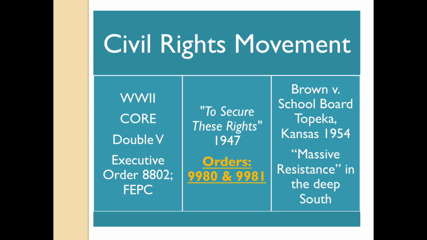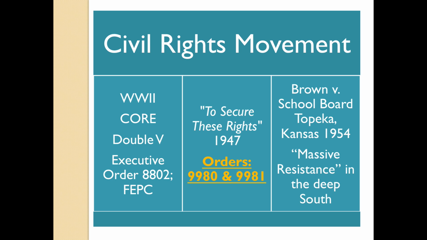FDR, if you remember, he calls on all industry. We have to start preparing. We become the arsenal of democracy, building battleships and planes and tanks and bullets, oh my. But we come to find out that a lot of these industries were not hiring black workers. So along comes an individual, A. Philip Randolph. A. Philip Randolph, he was the union leader of a union called the Brotherhood of the Sleeping Car Porters. He tries to get audience with FDR to talk about this, and FDR won't meet with him. So A. Philip Randolph threatens a march on Washington.